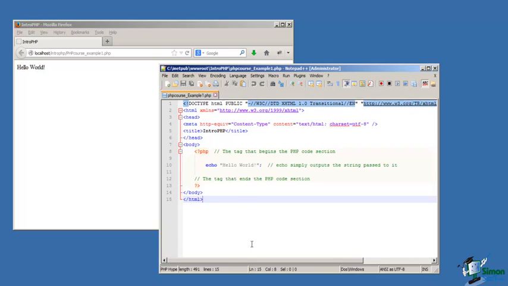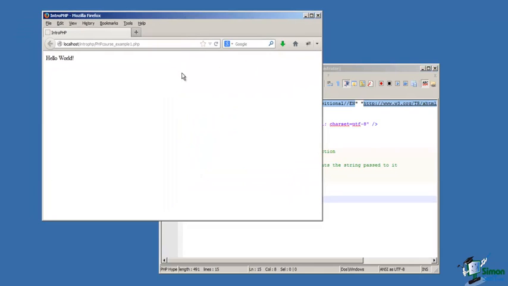So we've got this file. I've named it PHP course underscore example one. Notice .php. This is a PHP file. It contains HTML, but we need to signal to the PHP preprocessor that there's something in this file that needs to be translated, and this PHP needs to be rendered into HTML for transmission to the browser. So I've saved this, and I come over here to my Firefox browser, and I went to, again, this